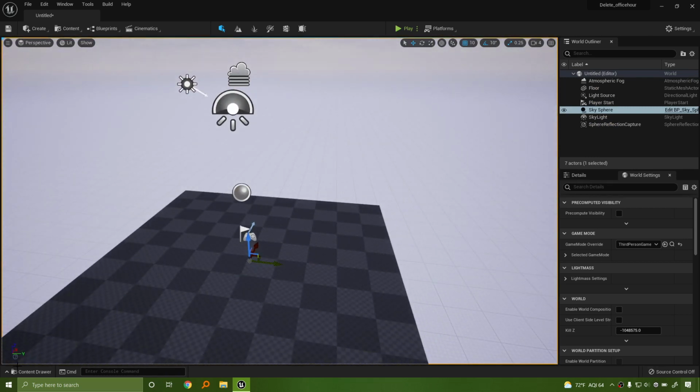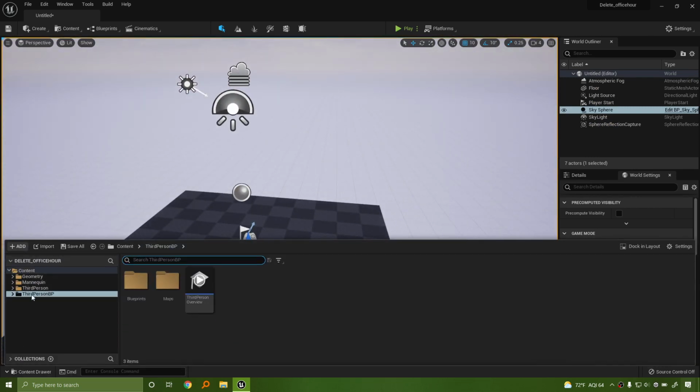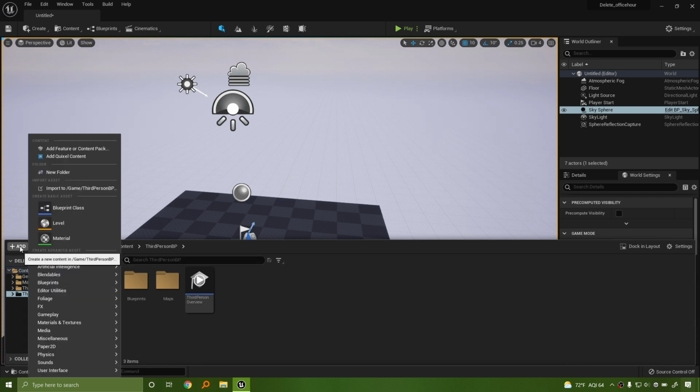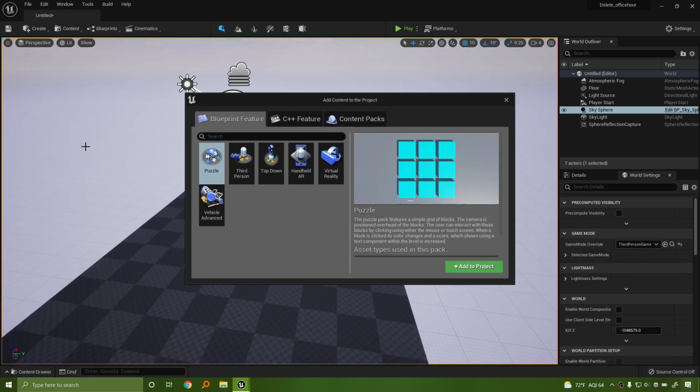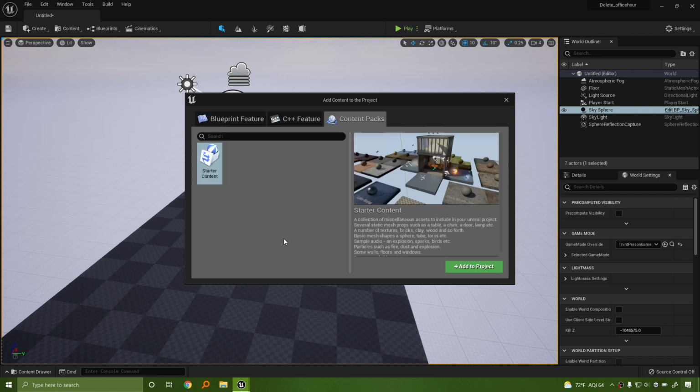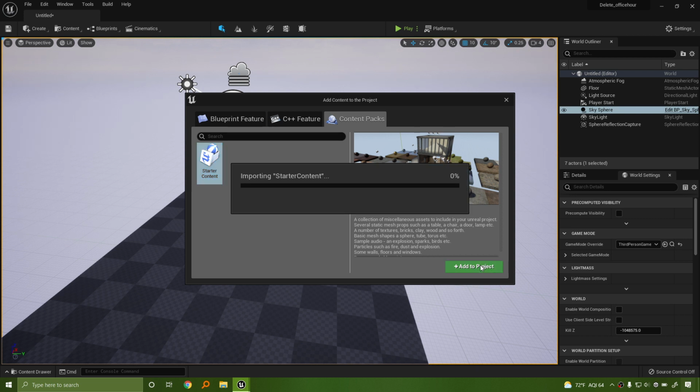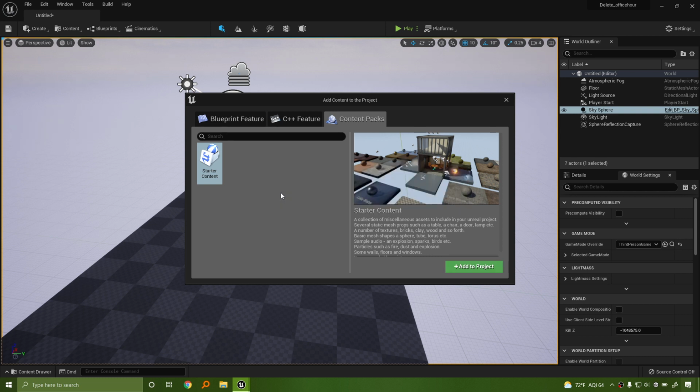The same goes for adding additional content. So you see that we have some stuff for the third person here. Let's go ahead and go to Add, Feature Content Pack, and let's go to the content packs. Oh hey look, the starter content. Let's go ahead and add that to the project. Now notice that the screen does not go away whenever this finishes. Once this finishes and the loading bar goes away,